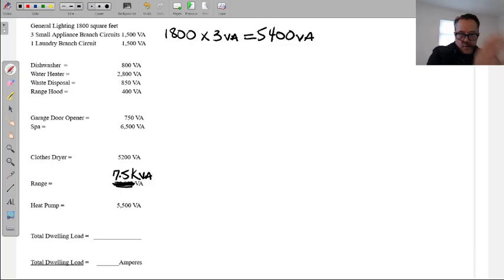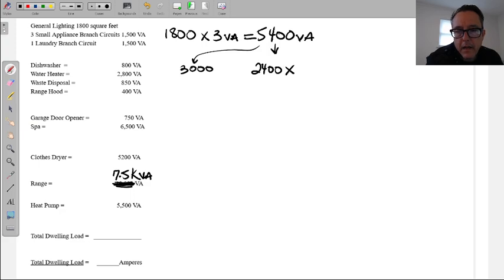Now, first thing we do before we get to these two, we're going to separate that to apply our first demand factor of 35%. So we'll take this 3,000, separate it over here, take the remaining 2,400 and multiply it by 0.35. And then when we get that answer, we'll bring that answer back over to the 3,000 and continue down our route. So 2,400 times 0.35 should be